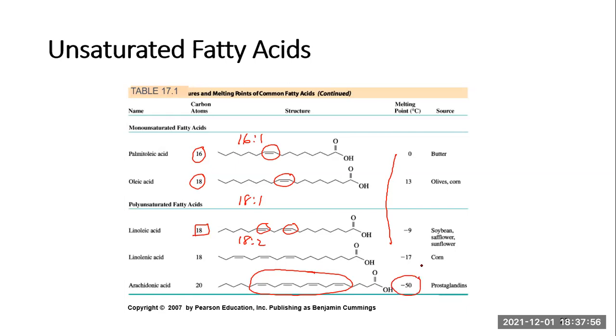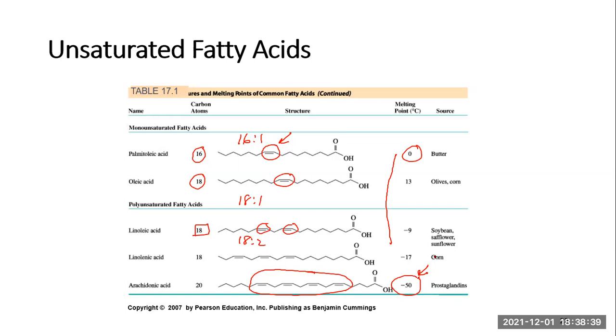So the more double bonds you have, the more kinking you're going to get, the less interaction you're going to get between those carbon and hydrogen chains, and it's going to result in a much lower melting point, even within unsaturated fatty acids. You can see this guy that has only 1 double bond has a much higher melting point in comparison to this guy that has 4 double bonds. Since he only has 1 double bond up there on top, still going to get the kinking, definitely going to have a lower melting point and be liquid versus a saturated fatty acid, but he will have a higher melting point than somebody that has multiple